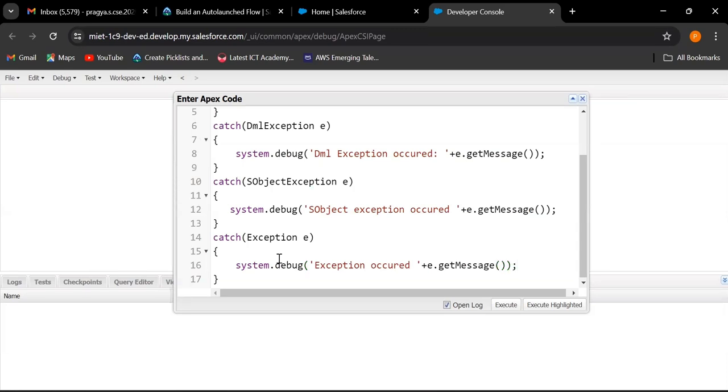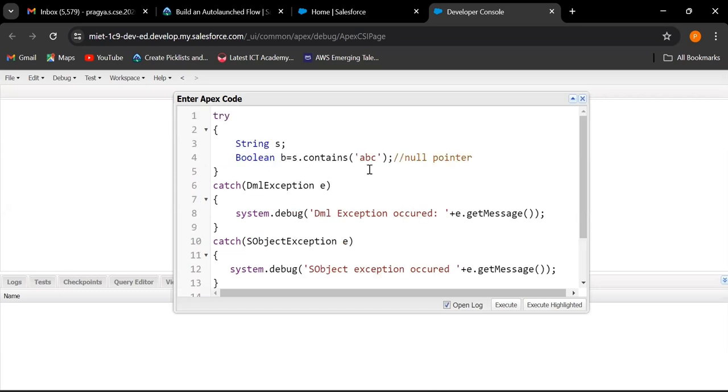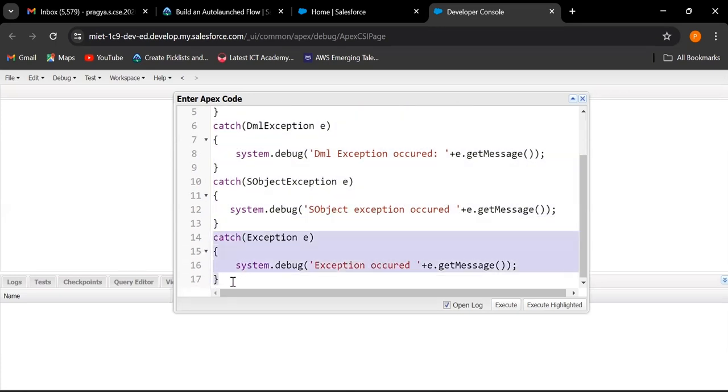So what do you think will be the output of this program? Now, since the code is throwing a null pointer exception, these two catch blocks are for the DML and the SObject exceptions, so these two catch blocks will not be executed. Only this catch block will get executed. So this particular line will be displayed saying exception occurred, and it will say that there is a null pointer exception. So now if I go ahead and execute this program,